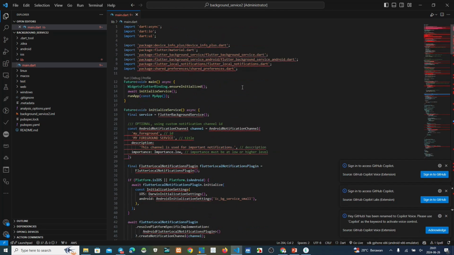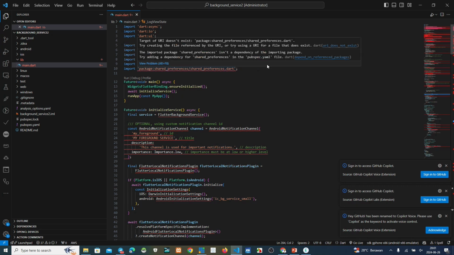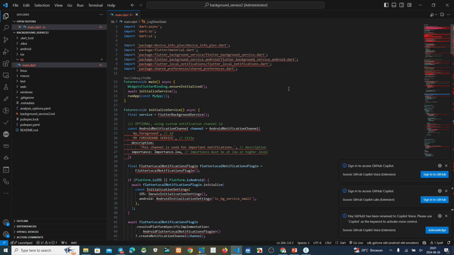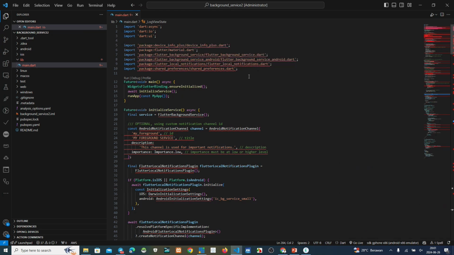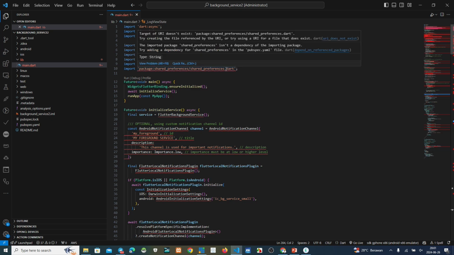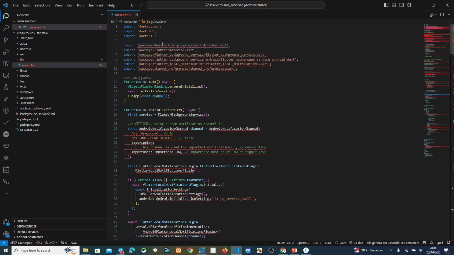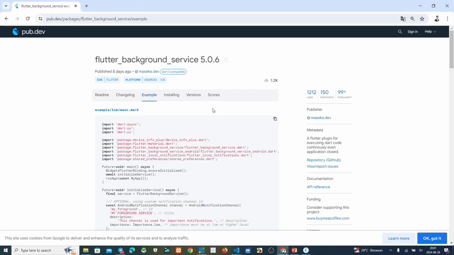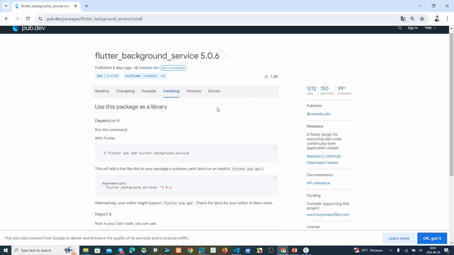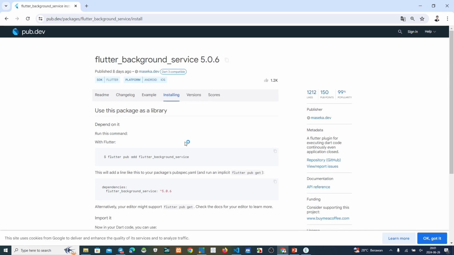Now we start to update the script, because there are so many errors. We want to install dependencies for this Flutter background service. How to install this one?